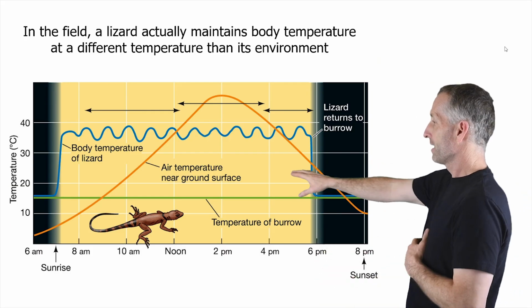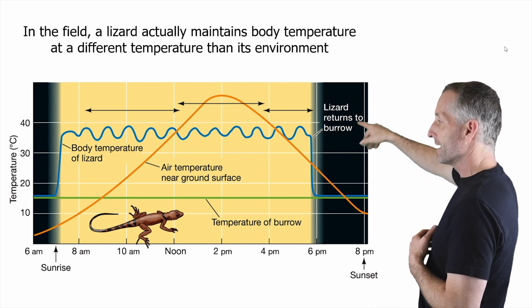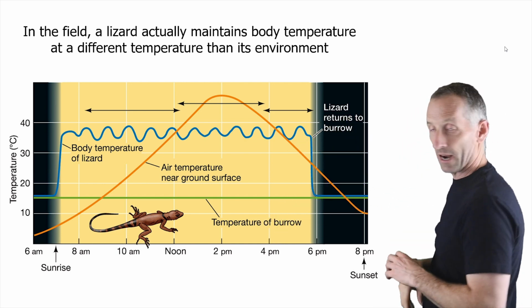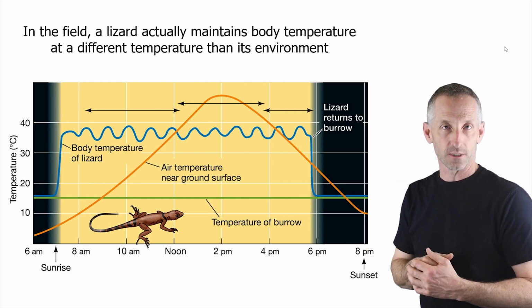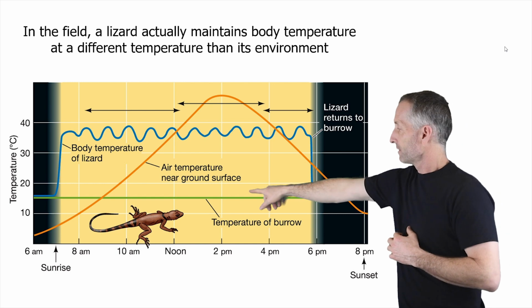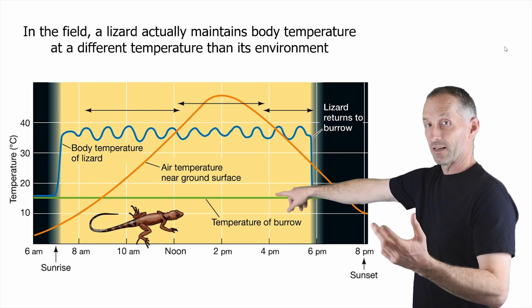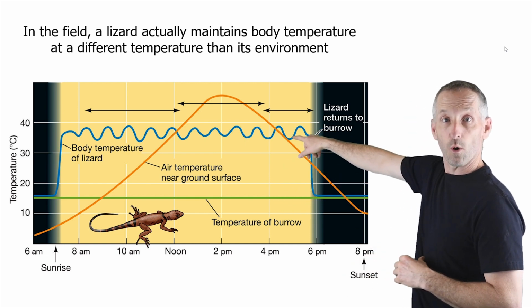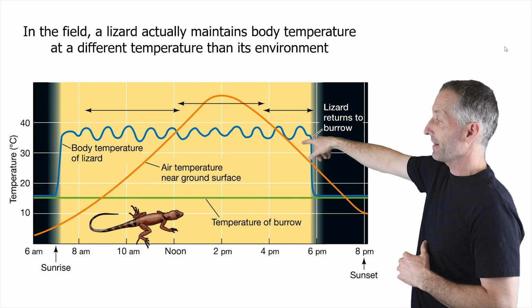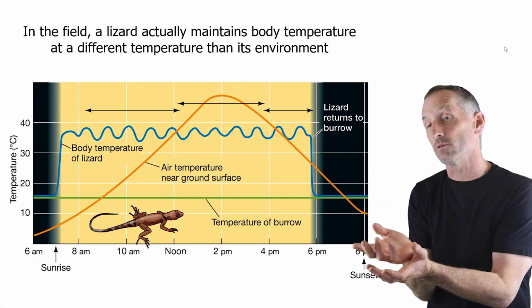So for example, the blue line shows the body temperature of a lizard through the day, and the orange line shows the air temperature at the ground surface, and the green line is the temperature of the burrow that the lizard is in. So at night, the lizard's in the burrow, and so its temperature is the same as the burrow. But then, when the sun comes out in the yellow, it goes outside, and it warms its body up outside. And then it kind of maintains its temperature at what it wants until it gets too hot outside,